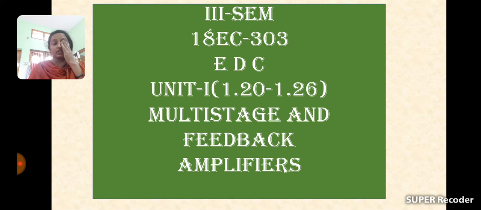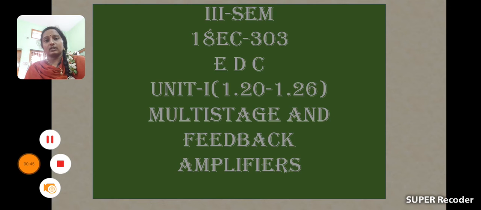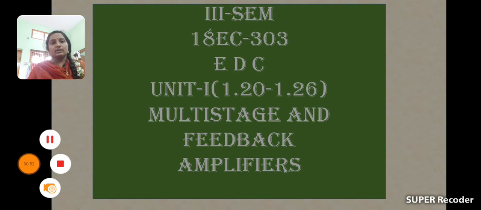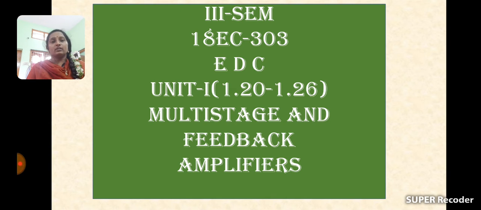In our last class we discussed the Darlington pair. So what is the main theme of the Darlington pair? The Darlington pair is a circuit which is used to increase the strength of gain. The gain must be increased with the help of the Darlington amplifier. It must be made with two transistor stages, like our two-stage RC coupled amplifier, made with two transistors, but the two transistors are of common